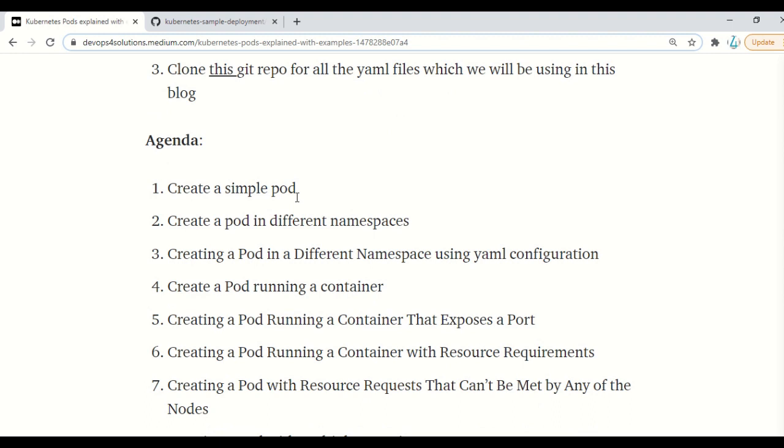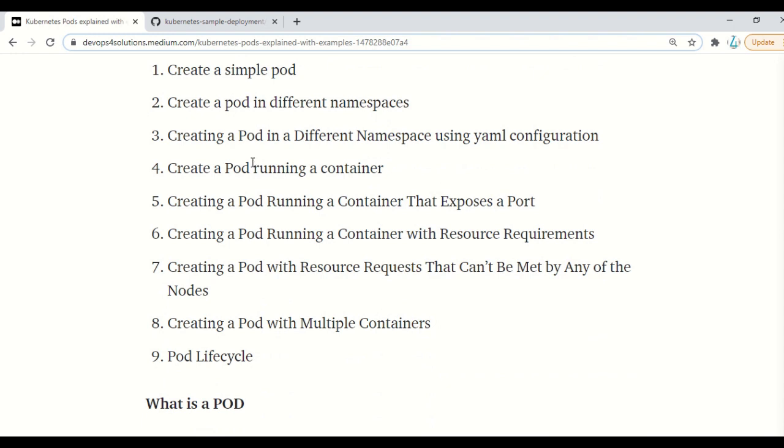We will be creating a simple pod. We will cover the concept of namespaces and try to create a pod in different namespaces. We will create a pod running a container that is also exposing a port.